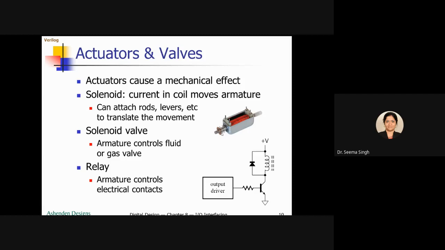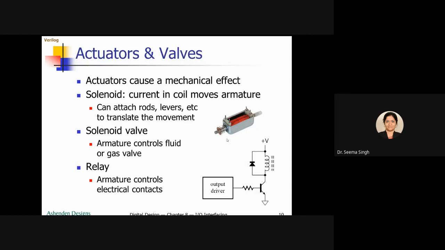So this is how a solenoid can be used to open or close a valve. And valve means it can work for all the control of fluid or gas. So a solenoid valve is a very common thing used in industry. You can see it will remain closed, but if you want to open this valve, you need to pass current through it. It will open the valve for the specified interval of time. In all the industries, this is done using solenoid, and it is a very foolproof method. Why? Because this closing and opening is nicely controlled.